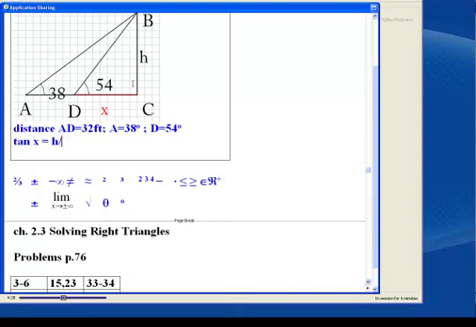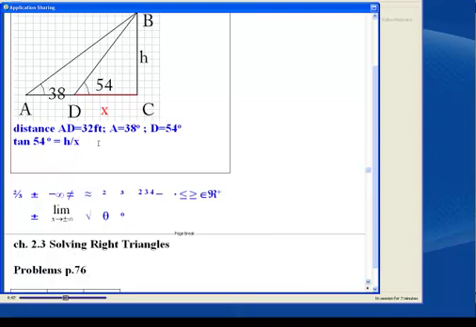So in any case, tangent x equals h divided by 54. Oops, not 54, but x. Oops, no, I made a double mistake. Tangent of 54 degrees equals h over x. Sorry about that. Let's look at the other triangle,